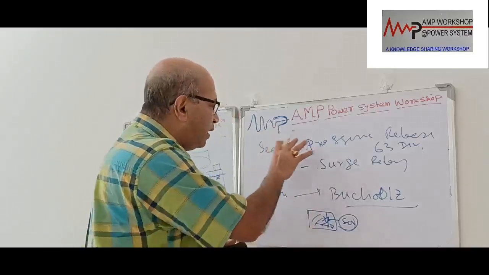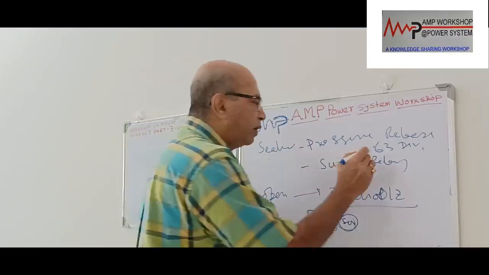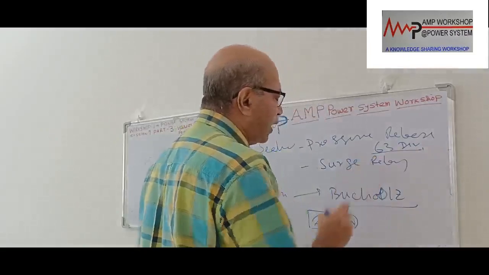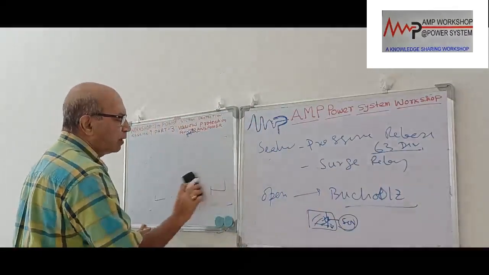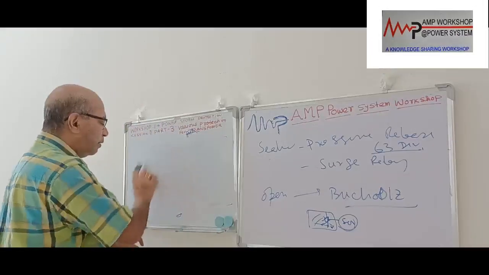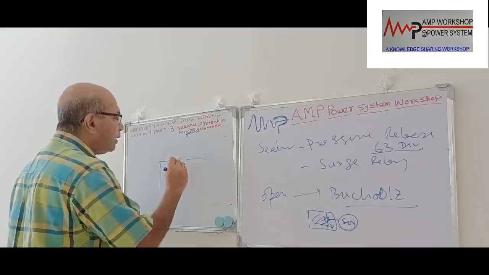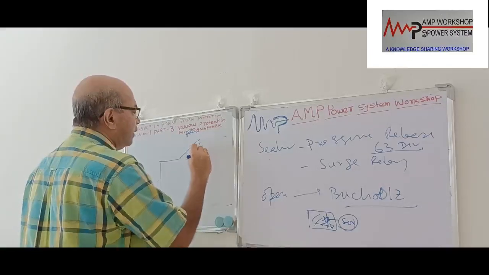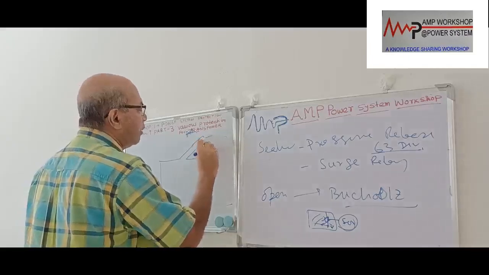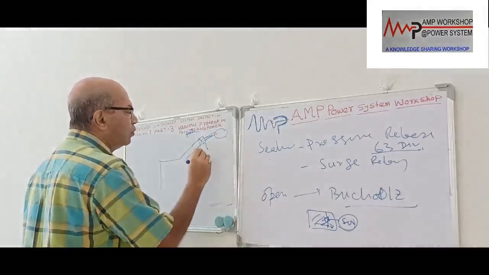So in case of severe fault, the surge relay will operate. This type of incipient fault inside the transformer winding is protected by this device called the pressure relief device or surge relay. In case of the Buchholz relay, we have already said it is used for the conservator type of tank transformer, very big size of transformer. This is a transformer tank. There is a pipeline connected over here. Then the Buchholz relay is connected over here. Then it is going to the conservator tank, right? This is the conservator tank. This is called the Buchholz relay.